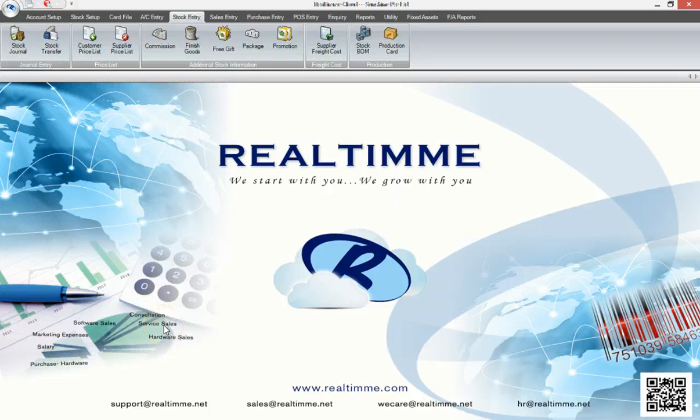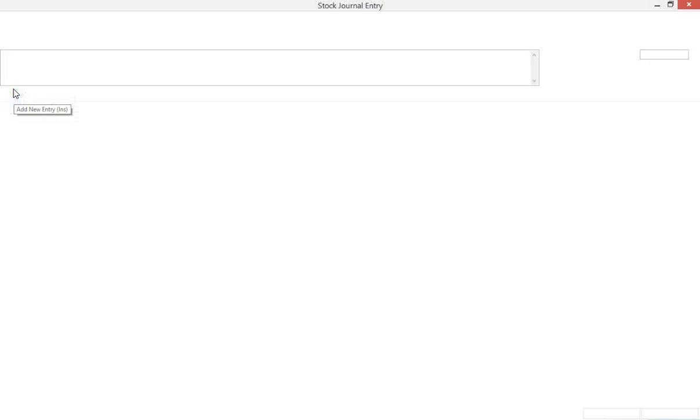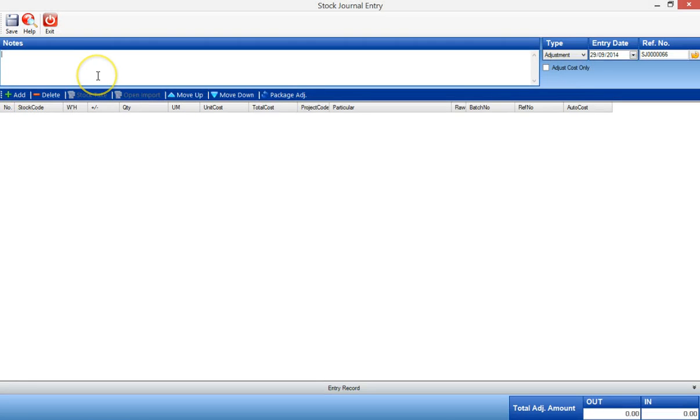You had earlier learned how to set the stock as a raw materials or finished goods in the stock master, and at the same time add the raw materials into the finished goods master. Now you are going to learn how to add the finished goods into the inventory system once your store produces the finished goods for the purpose of selling. At stock entry, click stock journal. Click add. On this date,